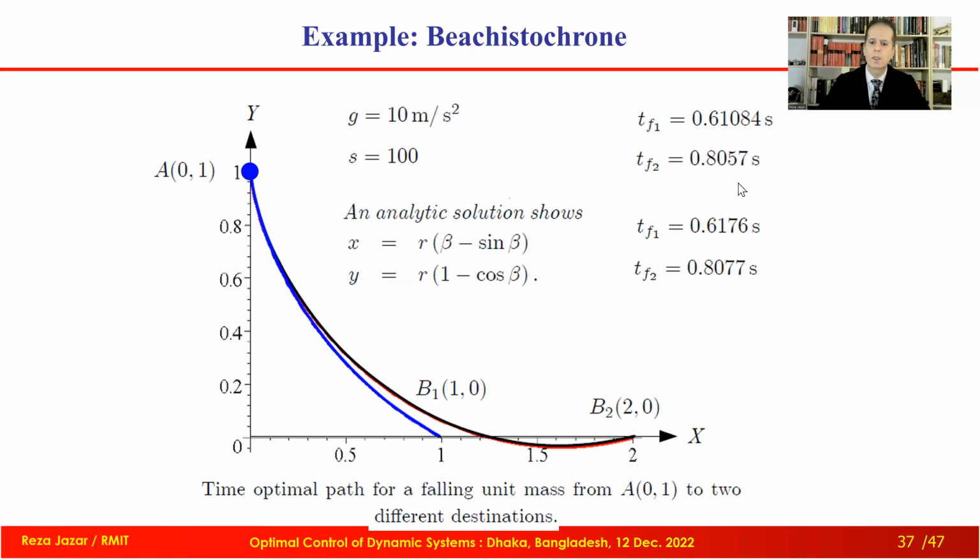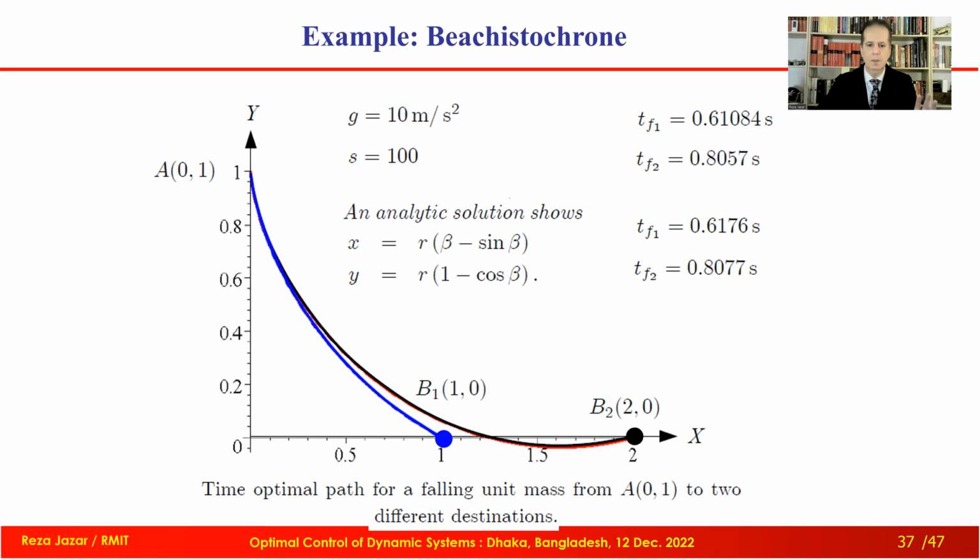The analytic solution is here, TF1 for the first path. Here is another TF, which is found by analytic solution. Sorry, this is the analytic solution. On top, you see the value of time based on the floating time method. Second one, TF2 and TF2 here. One is for the analytic solution. The other one is the numerical solution based on S equal to 100. Change S, the number of increments, to 1,000. TF2 and TF2, or TF1 and TF1, get closer and closer. But these are close enough. From an engineering point of view, it is good enough.